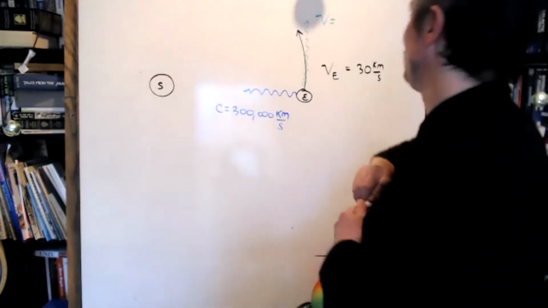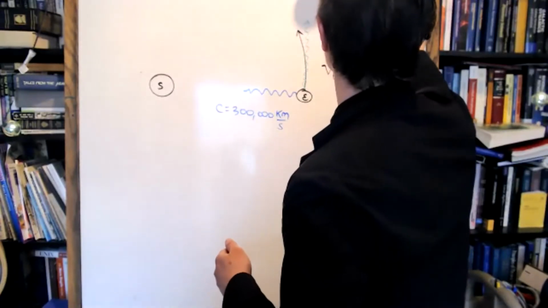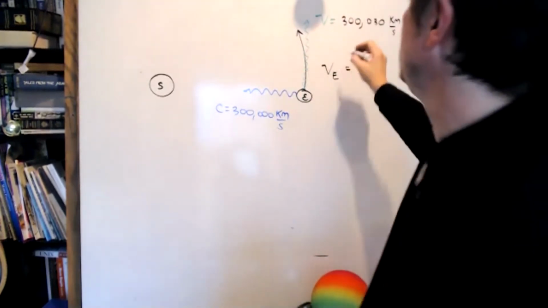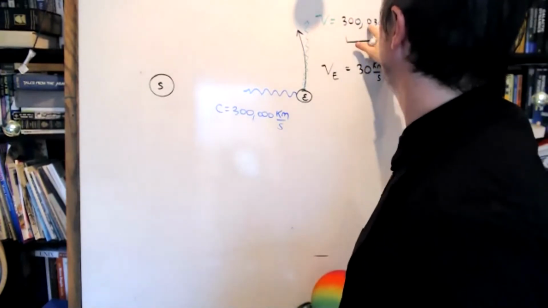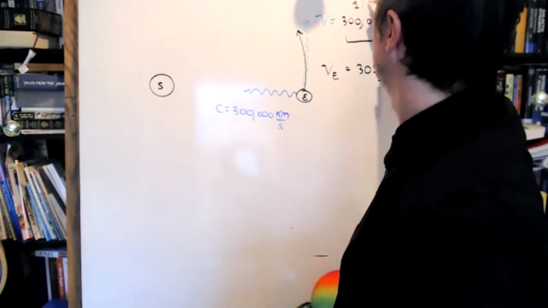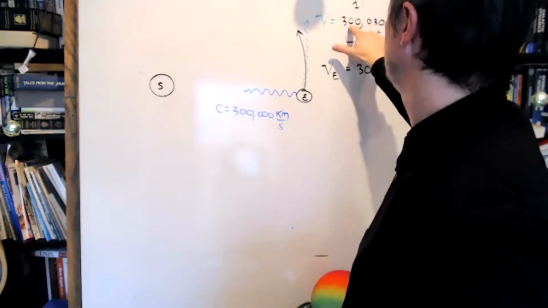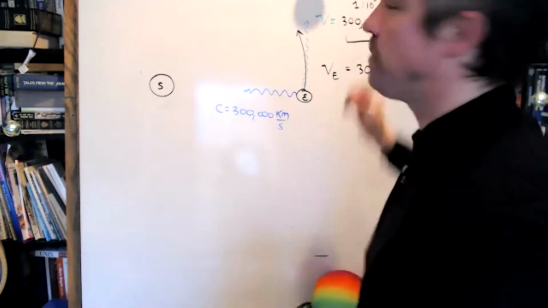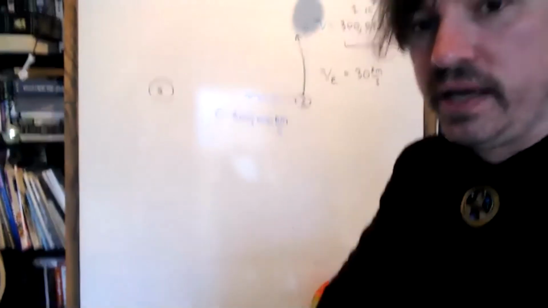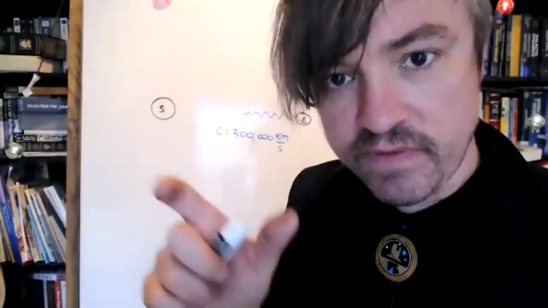300,030 kilometers per second. Right, because you have the speed of light plus the speed of Earth. That makes sense, right? You're going to add the velocity of Earth to your laser beam. And by the way, that measurement is a measurement of 1 part in 10 to the 5, I believe. A 1 in 100,000 precision. And although that's a sensitive measurement, that's doable in a modern physics lab.